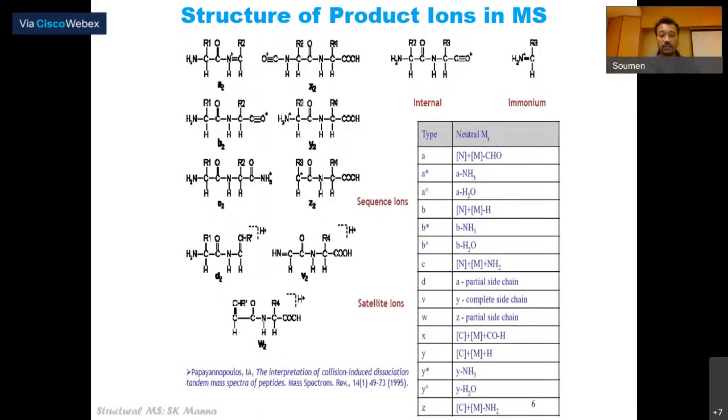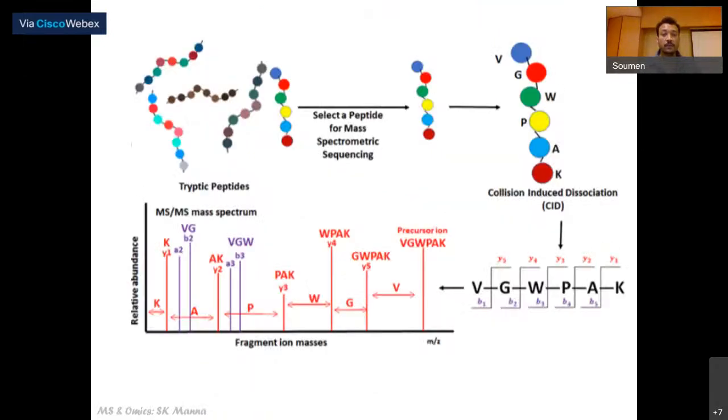So again, these are some of the products produced, and on top of that, of course, we have side chain fragmentations. So you have a tryptic peptide, and you take this peptide for sequencing. So basically, you select the mass. Let's say it's a triple. So you select the mass in the quad, and then you